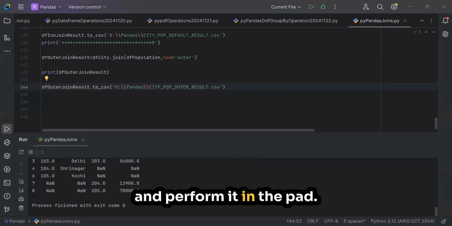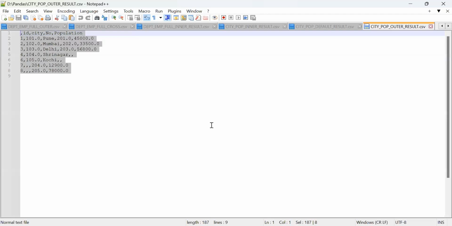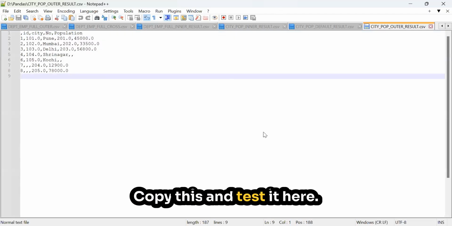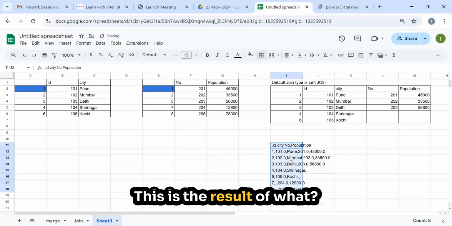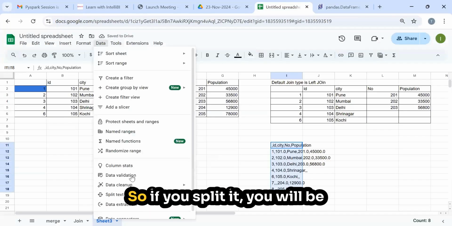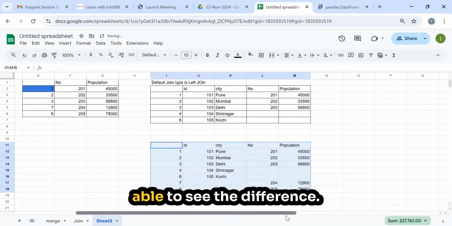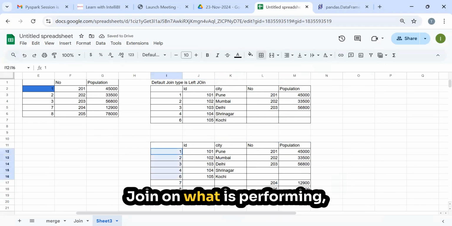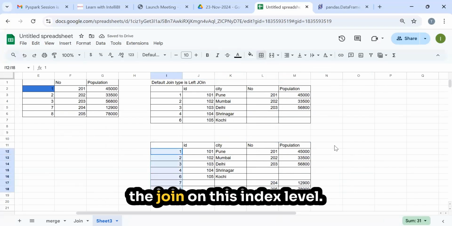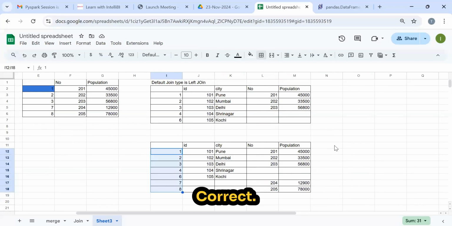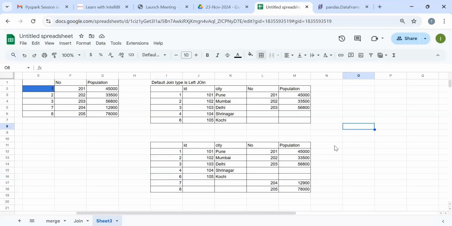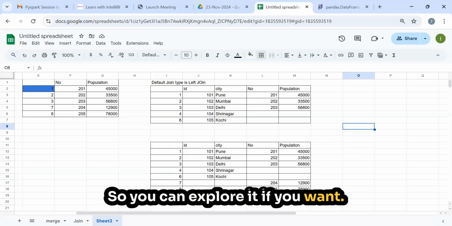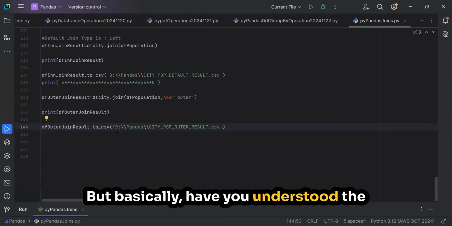Okay, go to this and open it in the notepad. Copy this and paste it here. This is the result of what outer. Okay. So if you split it, you will be able to see the difference. What is the difference? It's performing the default join on what? It is performing the join on this index column. Correct? Yes or no? Yes, sir. Okay. So you can explore it if you want, but basically, have you understood the difference between merge